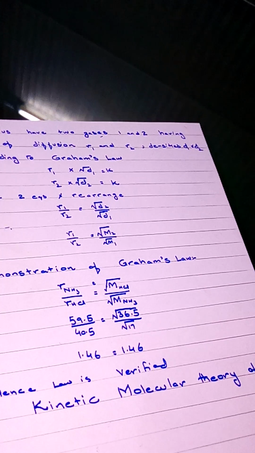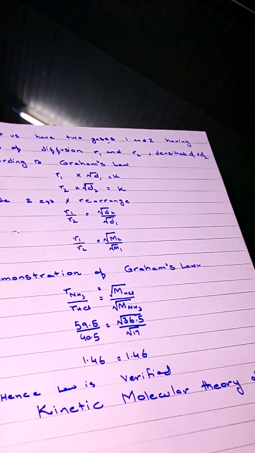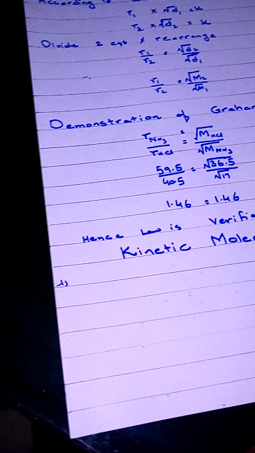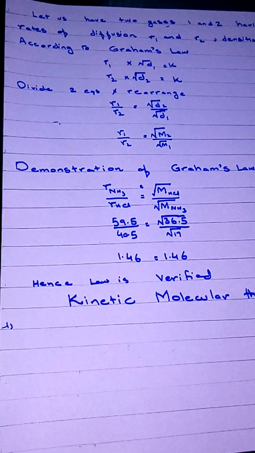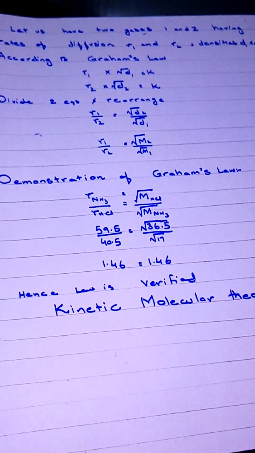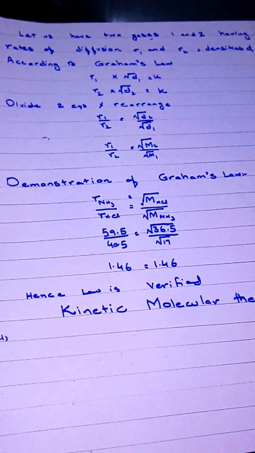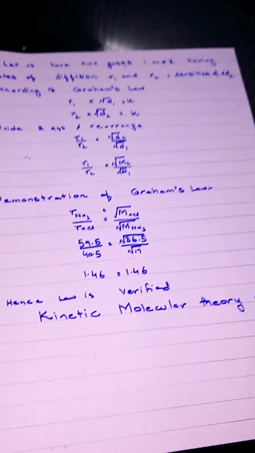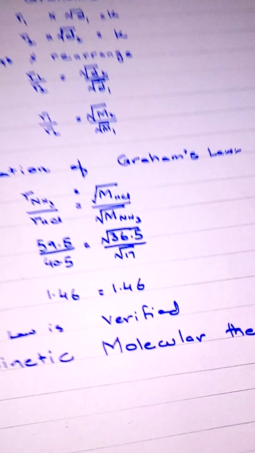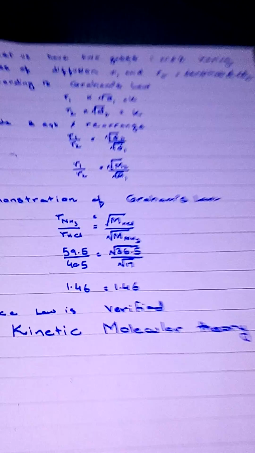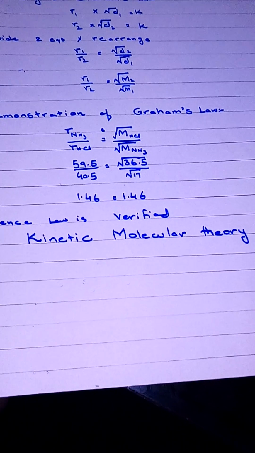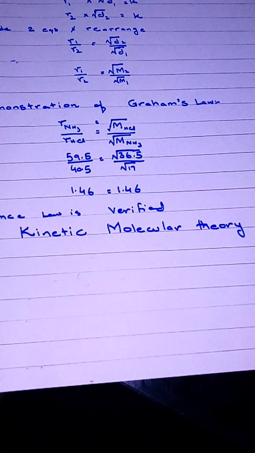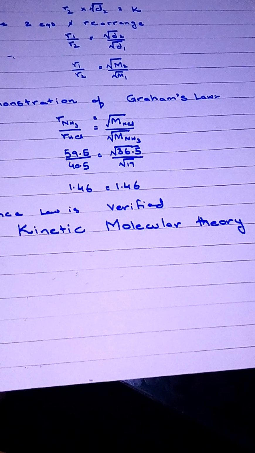First of all, we will study the main points of this theory. The first point of this theory is that every gas consists of a large number of very small particles called molecules. Students, the first postulate of the kinetic molecular theory of gas is that every gas consists of a large number of very small particles called molecules. Gases like helium, neon, argon